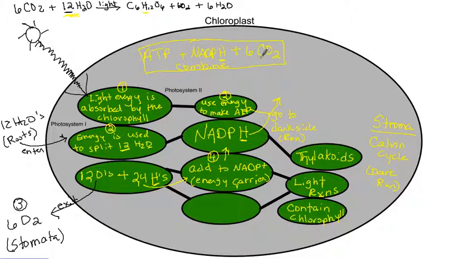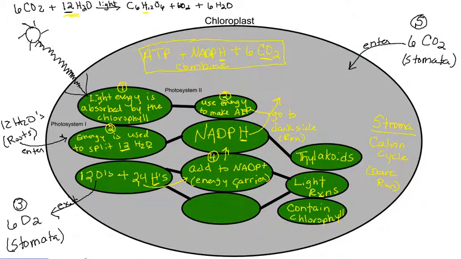Okay, so where did our carbon dioxide come from? It doesn't just hang out inside the chloroplast. The water didn't just hang out in here. It had to come from somewhere. So let's come over here, number 5, part 5. Our 6 carbon dioxides are going to enter into our leaf and into our chloroplast through, again, the stomata. Those stomata, those little pores, allow the CO2 into the leaf,